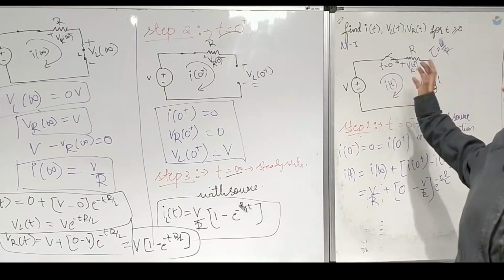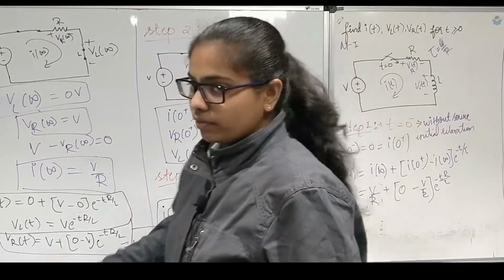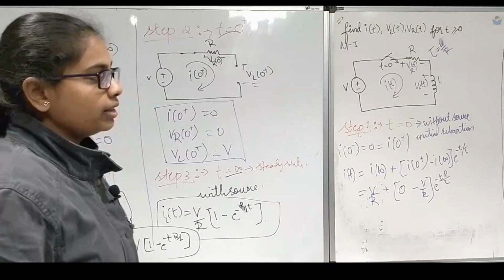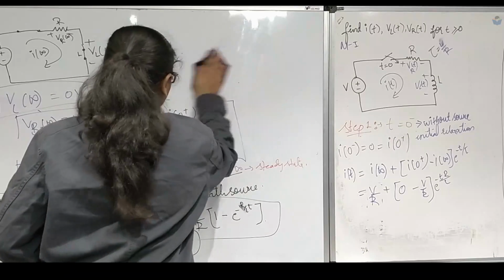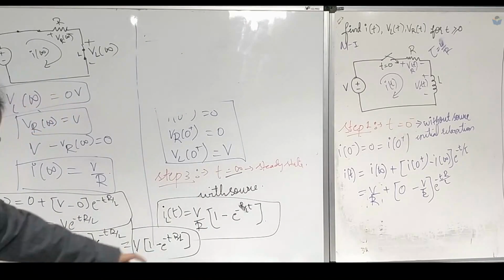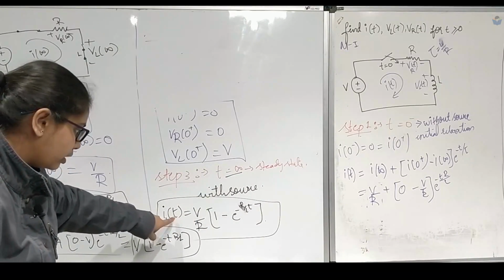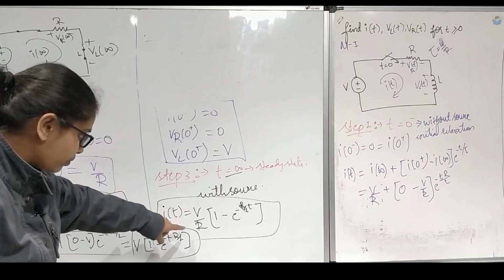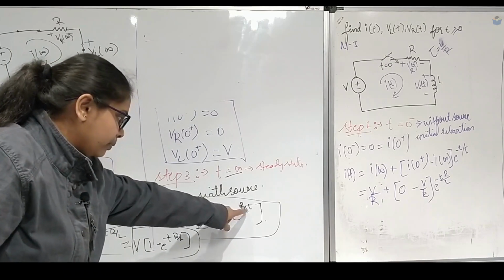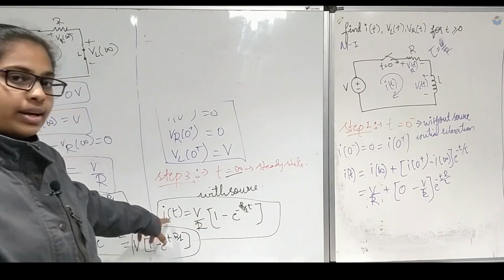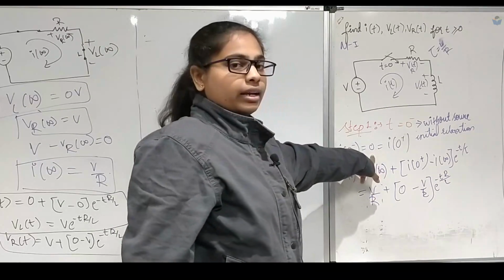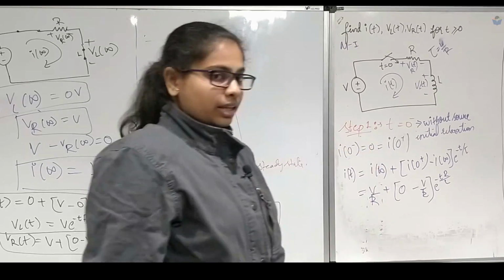Now we will take the capacitor and see what it will be, and before that we will see the graphical nature of this one. I'll just rub the circuit diagram. So now if you substitute t is equal to 0, okay, so when you take e power minus 0, then it will be 1. So 1 minus 1 is again 0. So at 0 what you will get? Current is 0. So this satisfies the equation.